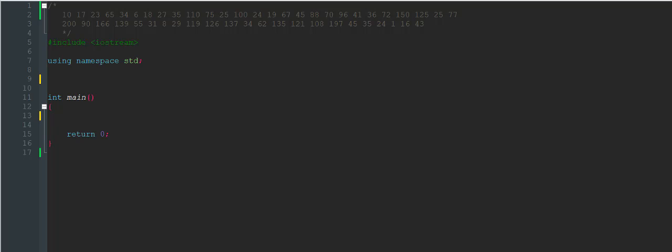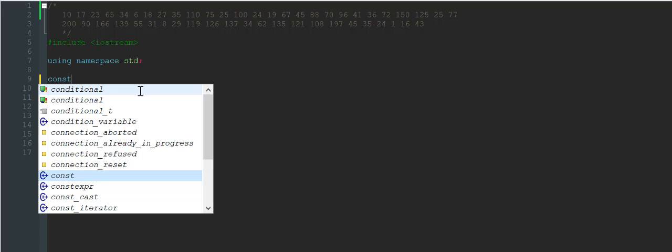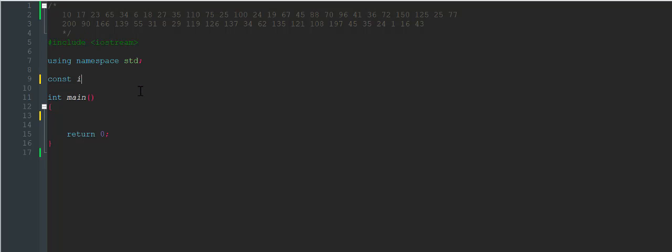Okay, so let's get to it. This is going to be a relatively short program, but some people may have a little bit of trouble understanding it. So first we need to write const int list size, which is equal to 50, and now int main, and then we're going to have int list